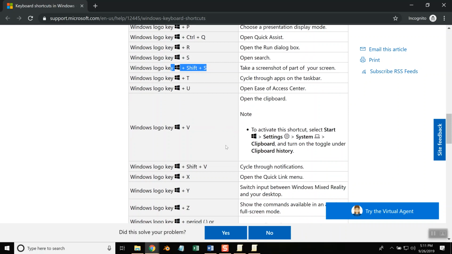I couldn't get this to work. I suppose I have to turn on my clipboard history to get this to work. That seemed nice though, but